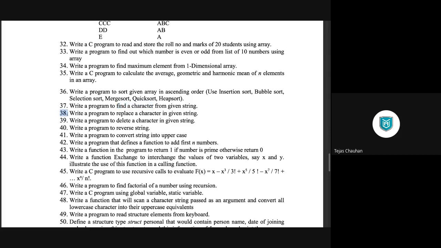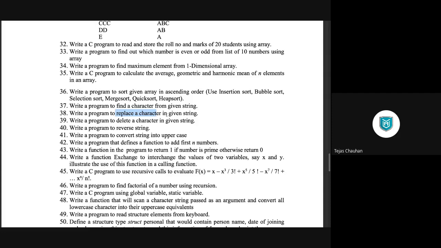Now the 38th program will also depend on the 37th. It says replace a character in a given string. तो आप replace कब कर पाओगे? एक बार आप उसको search करोगे तभी. So you have to find a character and then you have to replace that character. It's only an assignment, right? अगर string of i में आपको वो character मिलता है तो string of i को आप update कर दोगे नए character से.